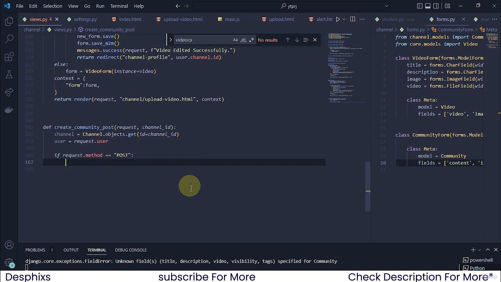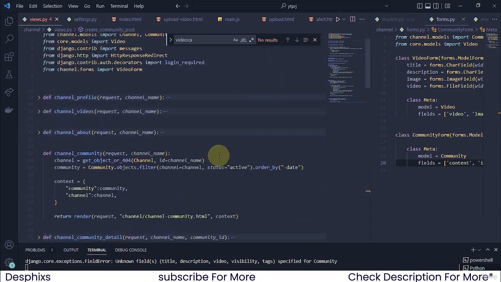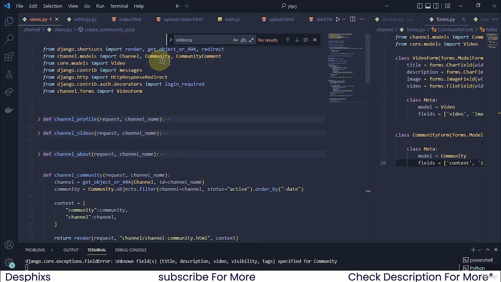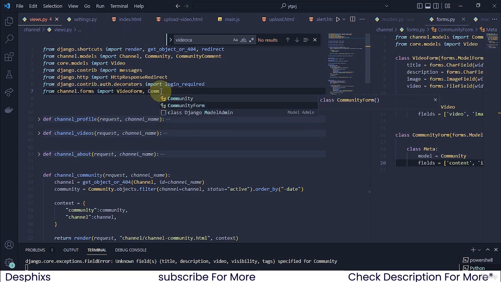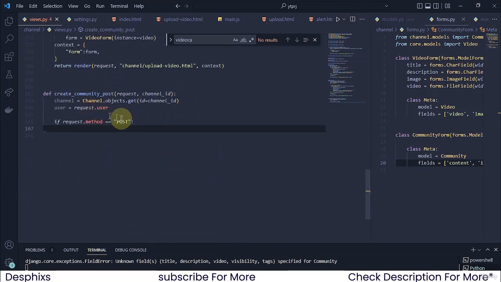So if request.method is equal to post, what do we want to do? We want to get the community form. So we're just going to go to the top and import the community form over here. Alongside this, I'm going to import the community form, and just down here we're going to say if